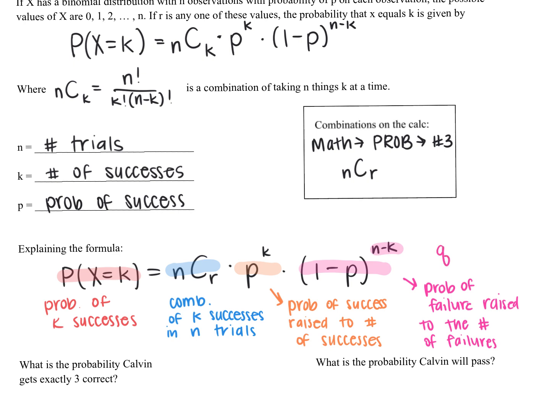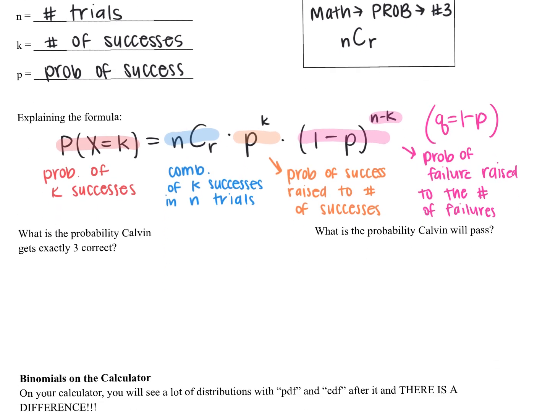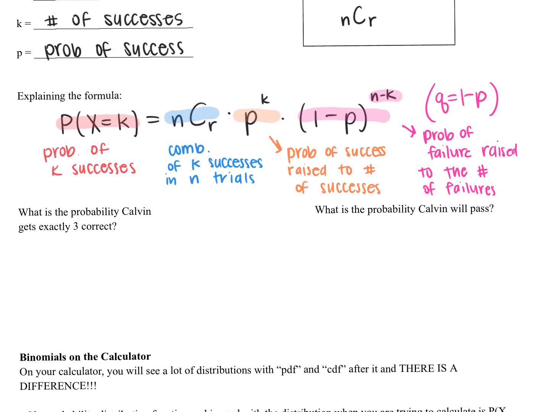Sometimes we are going to see 1 minus p represented by q. Q can also represent your number of failures. So instead of writing 1 minus p, sometimes we also write q instead. So that's just in case you see it somewhere else, q equals 1 minus p. So now instead of having to create that entire